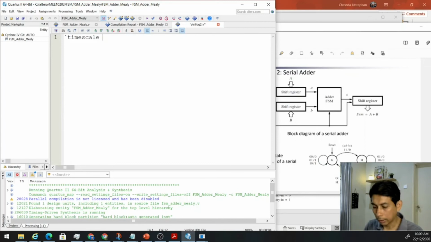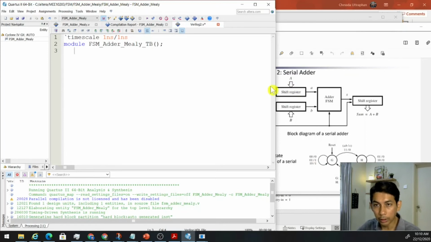Let's have 1 nanosecond time scale and 1 nanosecond precision, right? And the module name is FSM. Maybe the name is quite long, it should be no problem. All right, and